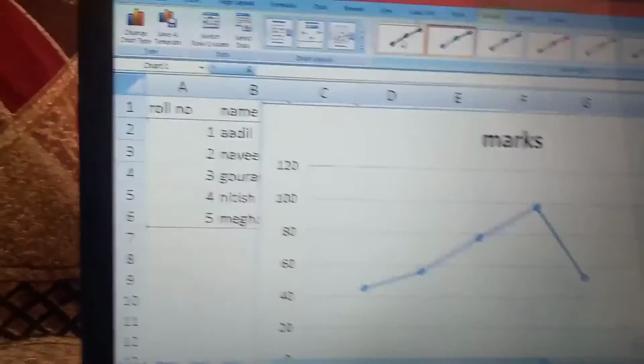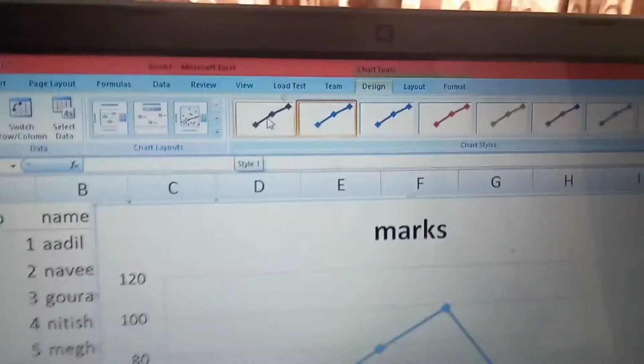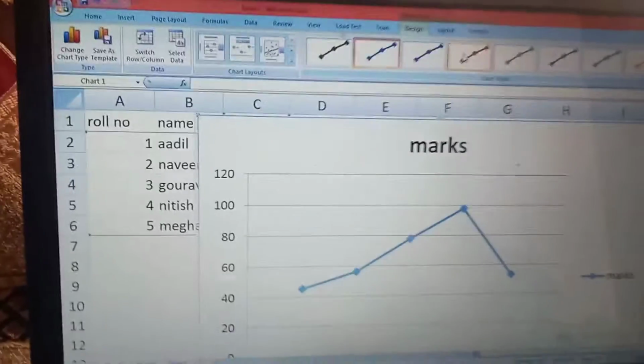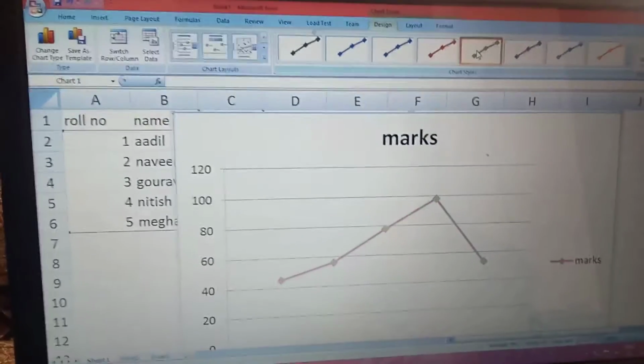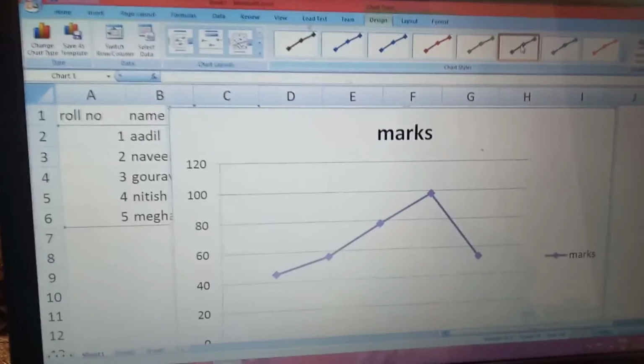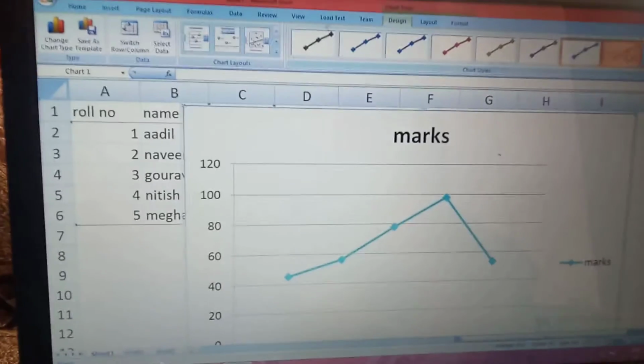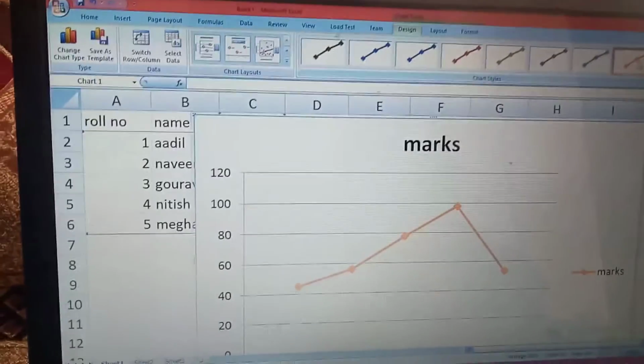If I click here, suppose this one is in blue color and I provide any other color, the design of the chart is changed. If I select this, then the chart becomes red. If I select green, or blue again. I can choose whatever I wish.